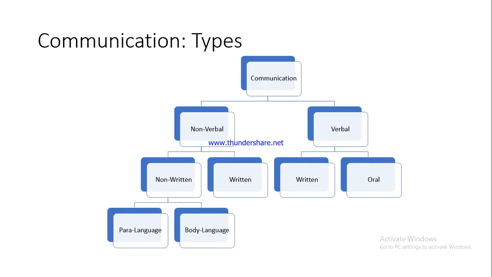Up till now we have discussed the different types of communication. We talked about the non-verbal and the verbal types. Within non-verbal we saw that there are again two types, non-written and written communication, and within verbal we have got written and oral communication. Within the non-written communication we have the paralanguage and we have the body language. So this was the discussion in the first session,